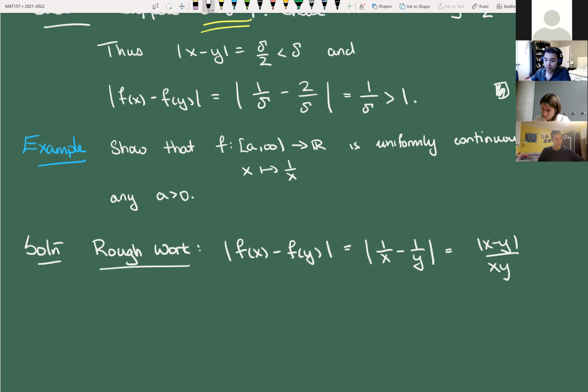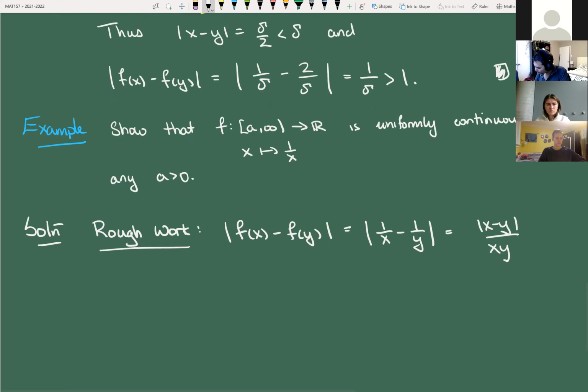Because x and y have to be in A infinity, where A is positive. So x and y are both actually positive. I have to keep the absolute values on x minus y because I don't know which is bigger. But x times y, both of those numbers are positive, I don't need them anymore. So the absolute value of x minus y, that's great. That's the thing which I have control over. That's the thing that I can make less than delta. Now I need to bound x and y. But notice that I can do this, because x and y are both bigger than A. Right? So this means